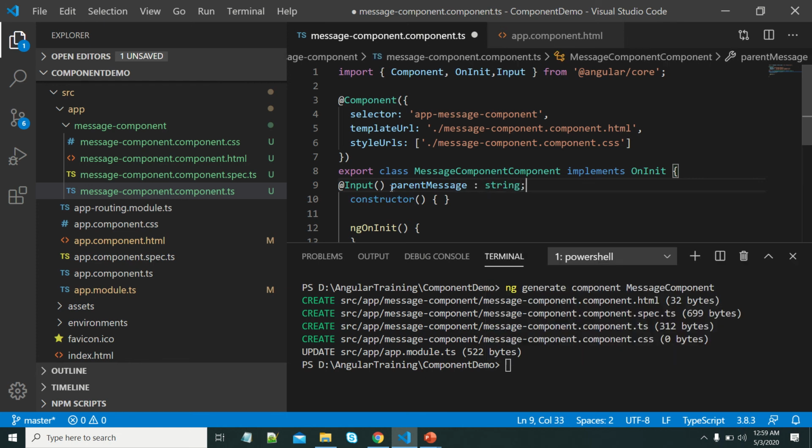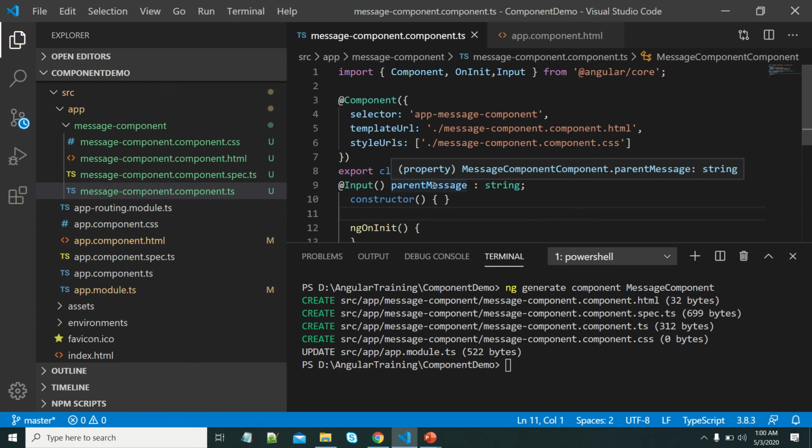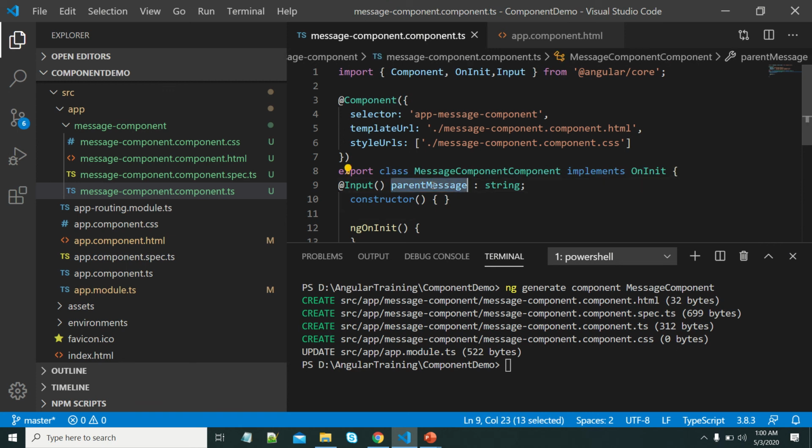Type is a string. We can use any type of parameter to pass the data from parent component to child component. For simplification, I'm using the string type, but employee details, employee list, anything we can pass from parent component to child component.